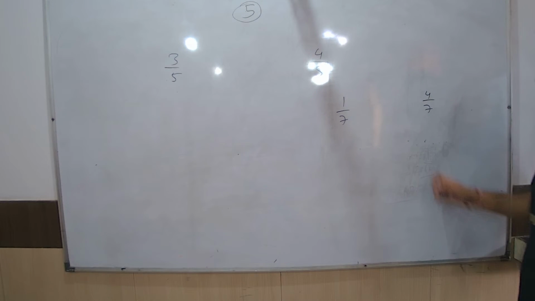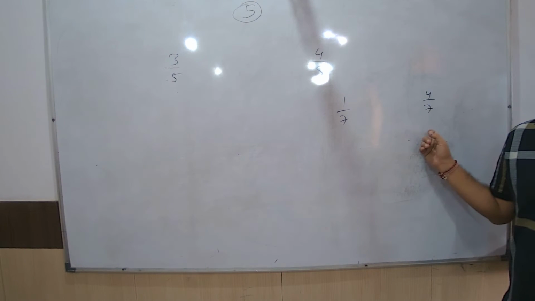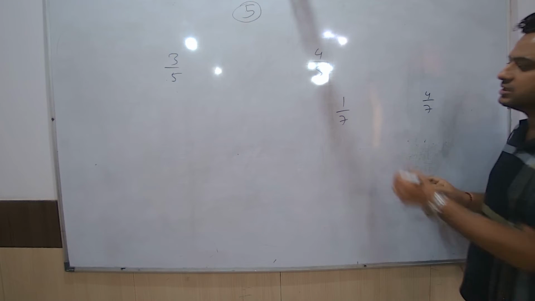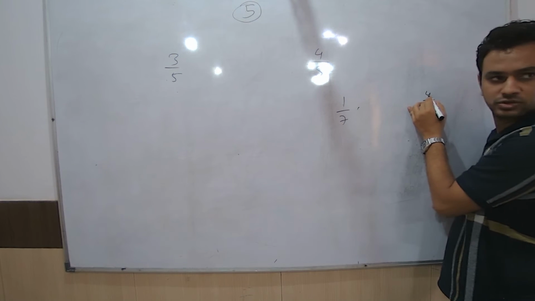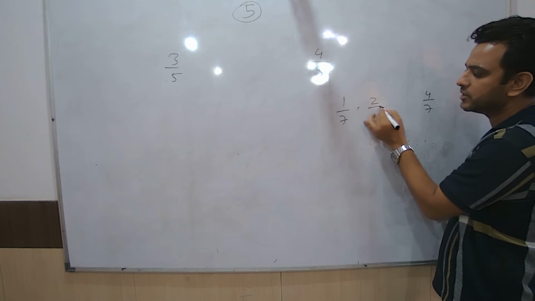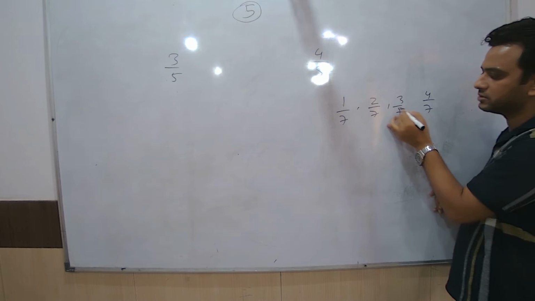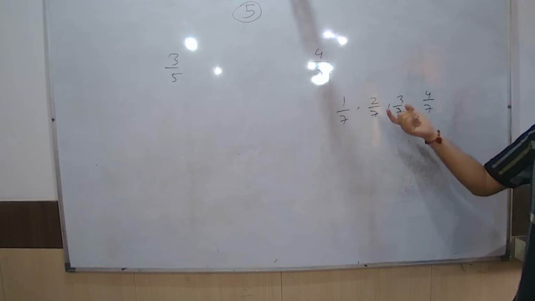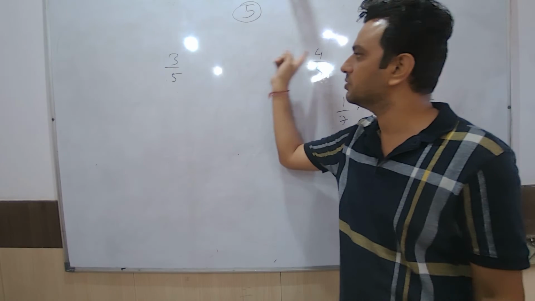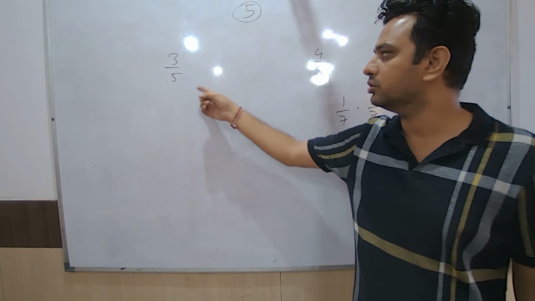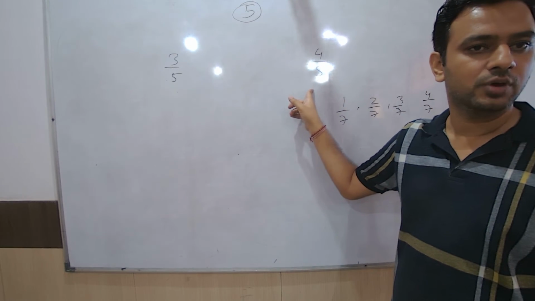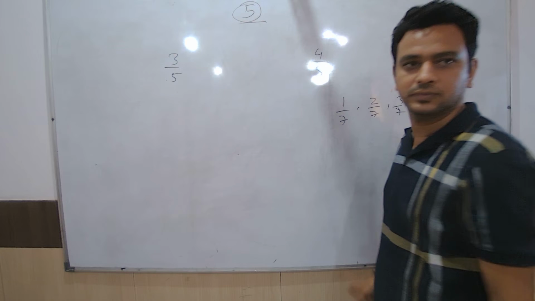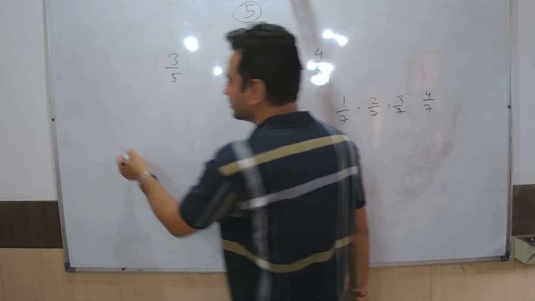Okay, so denominators are equal. So can I say directly 1 and 4? There is a gap, so it will be 2 by 7, 3 by 7, they will be in between only. But in the case we don't have any integer between 3 and 4, although denominators are equal, what will you do? I want 5 numbers, so 5 plus 1,